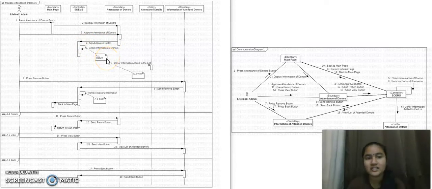If let's say they didn't want to approve or anything, they want to back to the main page, the admin have to press the return button as an alternative button, which is shown in the attendance of donors page. So he have to press, and then the system will send the return button to the controller, and then the controller will back to the main page. If there's nothing, they want to continue their following steps,